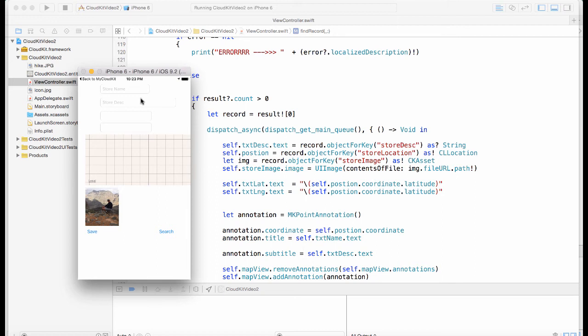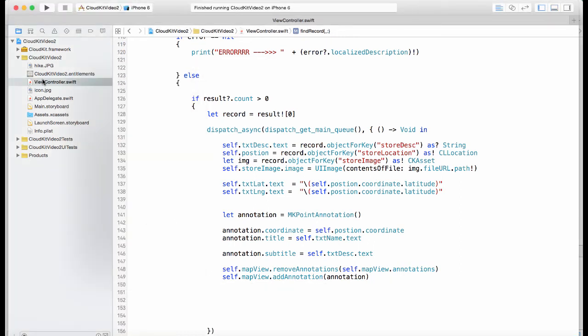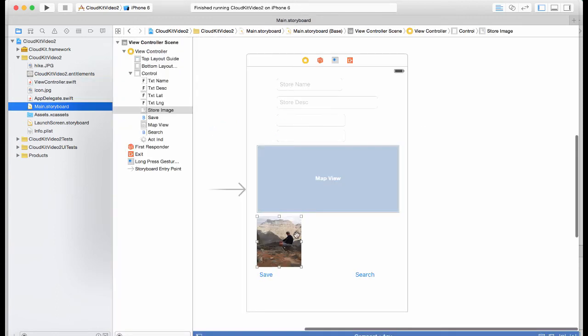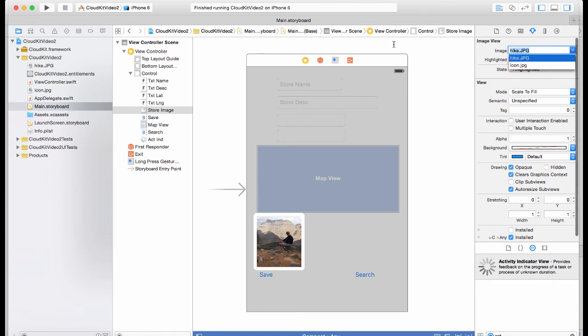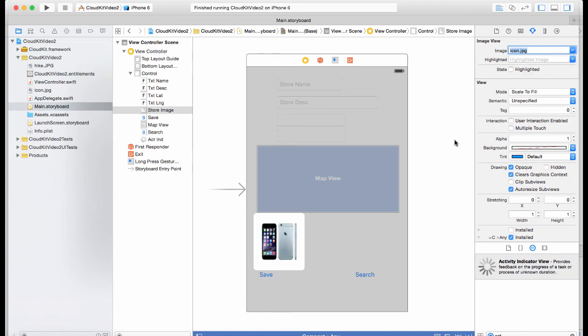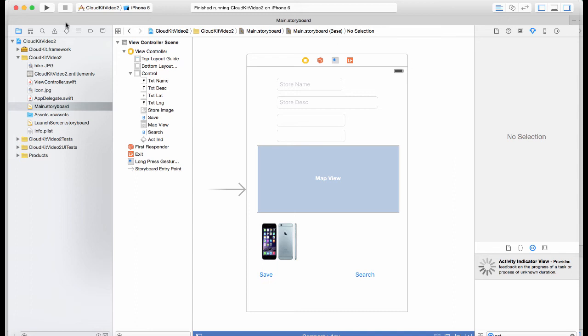Okay, a little more work because I have that image. What I'm going to do, let's stop that and go to the storyboard just to show you. Remove this image from here, or set it up to another image. Do I have another image? Oh, I can't, so you see the difference. Okay. All right, now if I run it again,